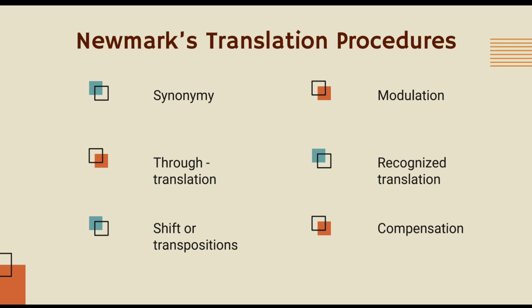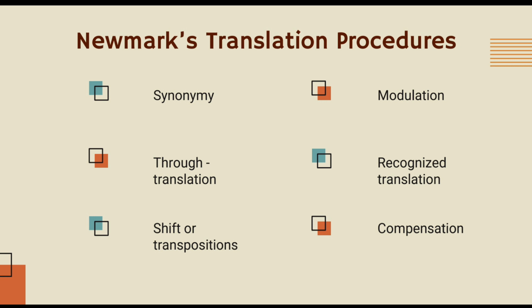9. Shifts or transposition is a translation procedure involving a change in the grammar from SL to TL. One type is the change from singular to plural. 10. Modulation. It occurs when the translator reproduces the message of the original text in the TL text in conformity with the current norms of the TL,